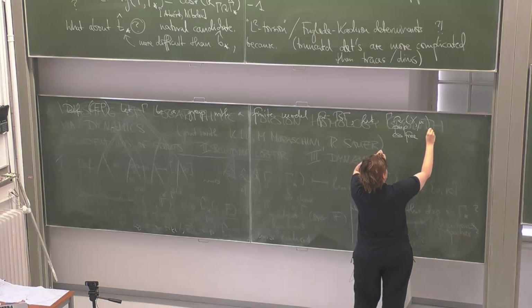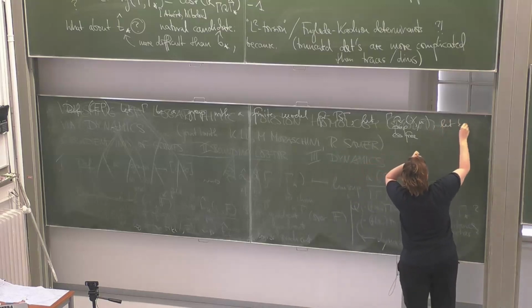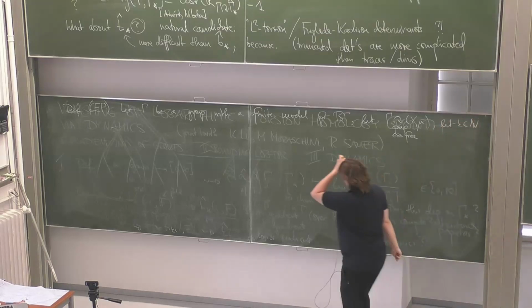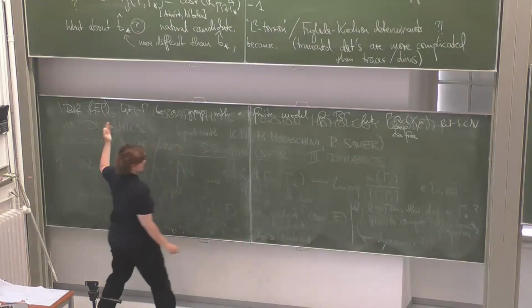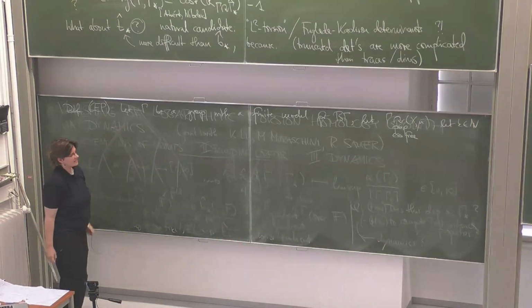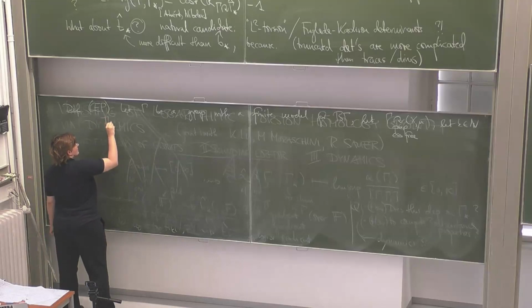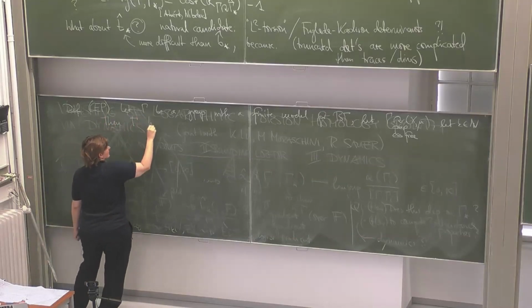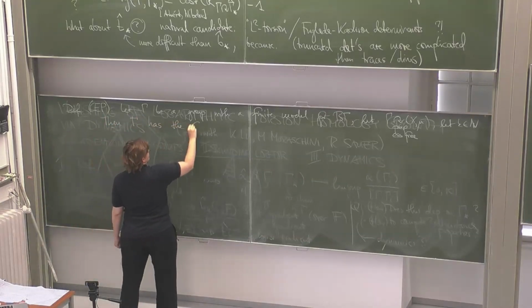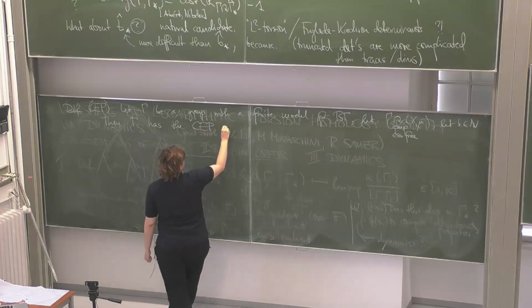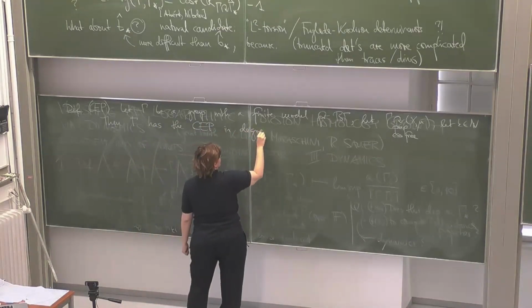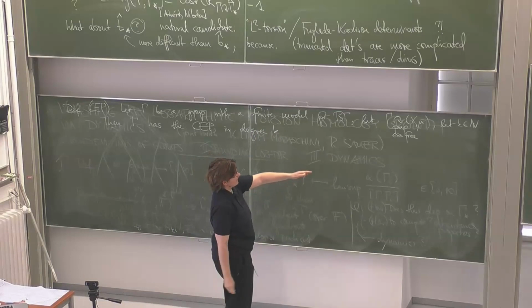This is also given. And let's say we have a natural number k, and now we want to say what it means to have the cheap embedding property in degree k. Then gamma has the cheap embedding property in degree k, with respect to this action,